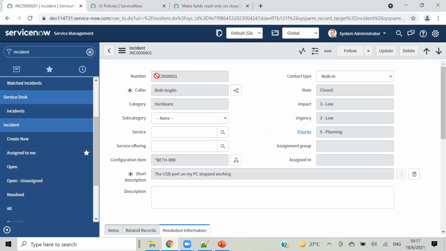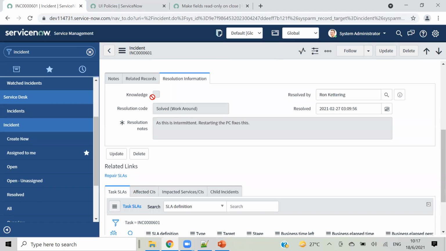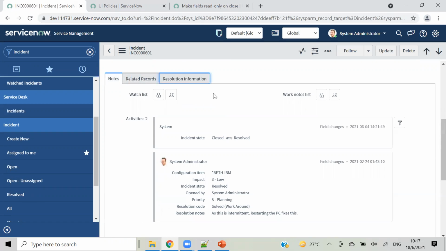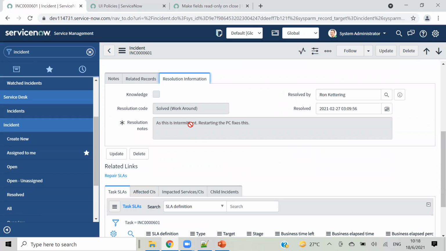You see here this number, this configuration item, short description, all these fields are read only, right? In total they have made 22 fields read only.